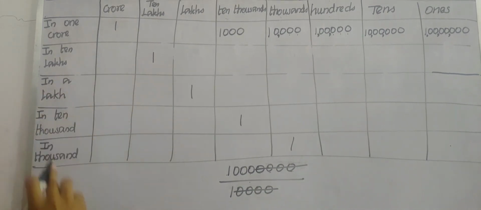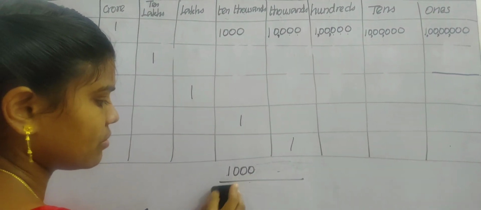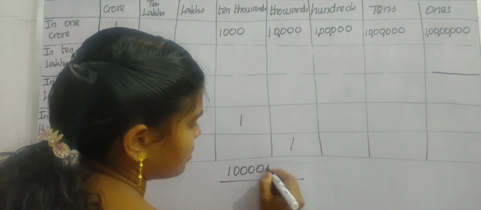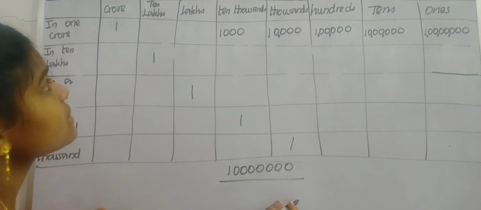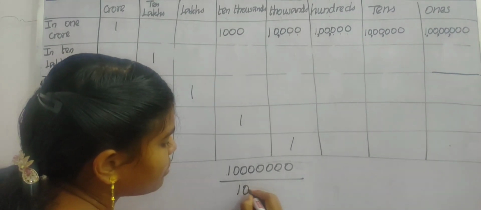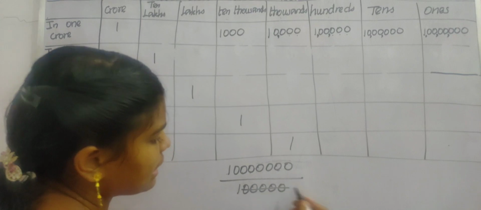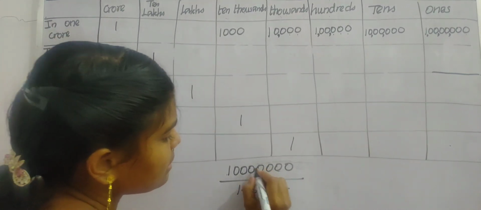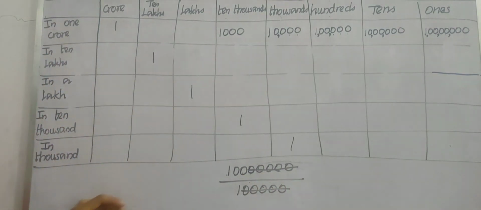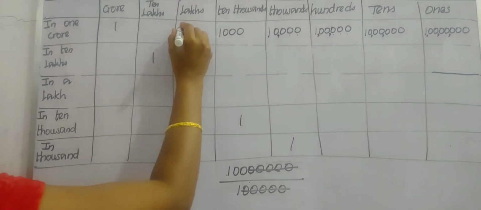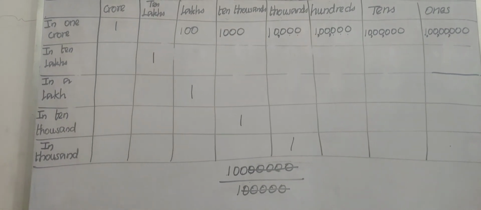Okay, and then lakhs. How will you find lakhs? How many lakhs are there in a crore? Lakhs means how many digits? It is the smallest 6 digit number, right? 2, 3, 4, 5, 6. So how many zeros are we having? 5 zeros, right? So I am just cutting 5 zeros in the denominator as well as in the numerator. 1, 2, 3, 4, 5. So what are we getting? 100. So there are 100 times lakhs in 1 crore.